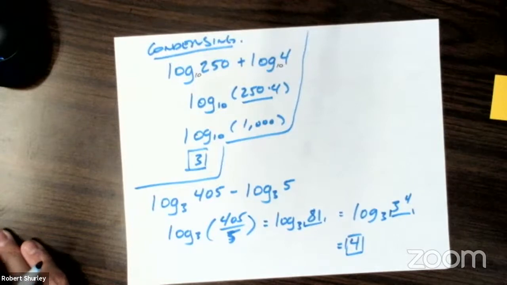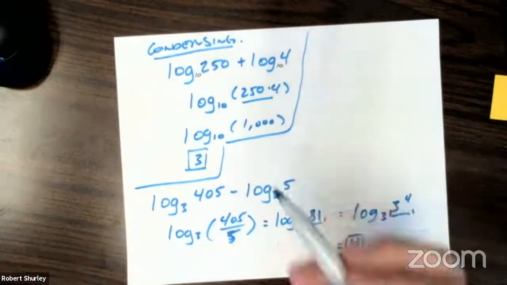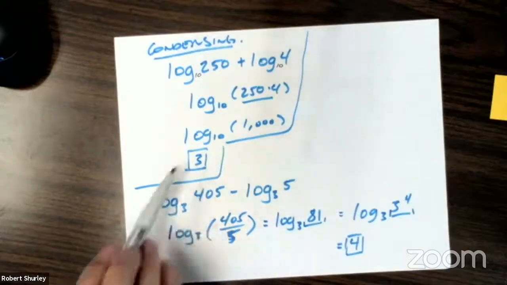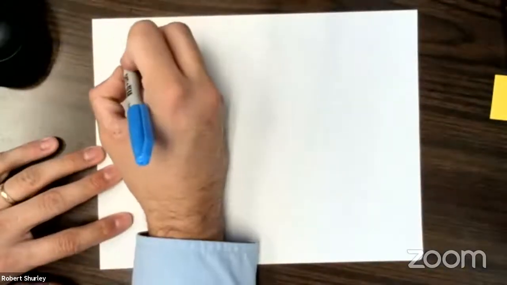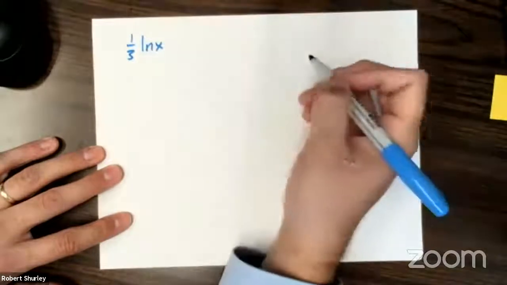Okay, let's do one with variables. I think the ones with numbers are harder because you have to come up with the answer in a way. With a variable, we're not solving for anything here. We're either condensing or expanding and simplifying. It's not really about solving. So when you see a variable to start with, it makes it a little easier. Like number 52 here. We've got 1/3 ln x